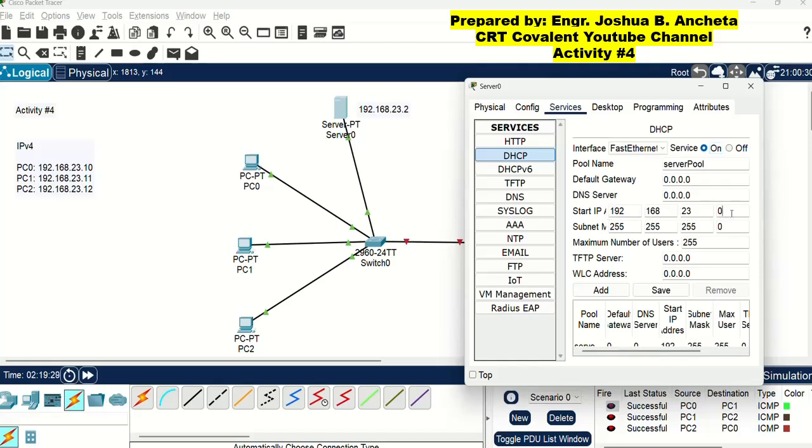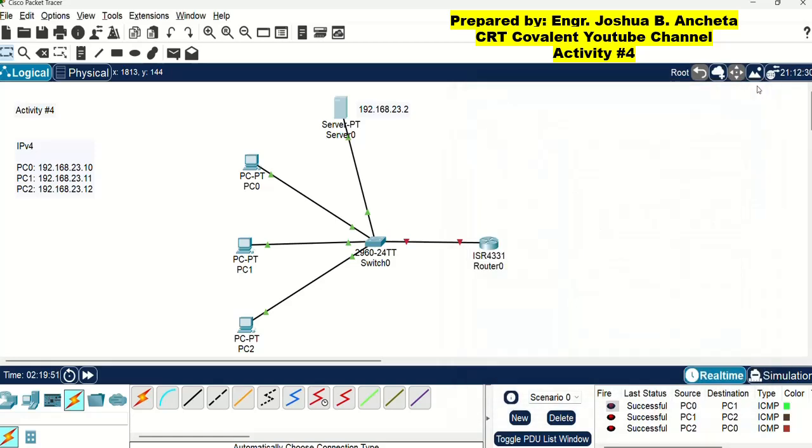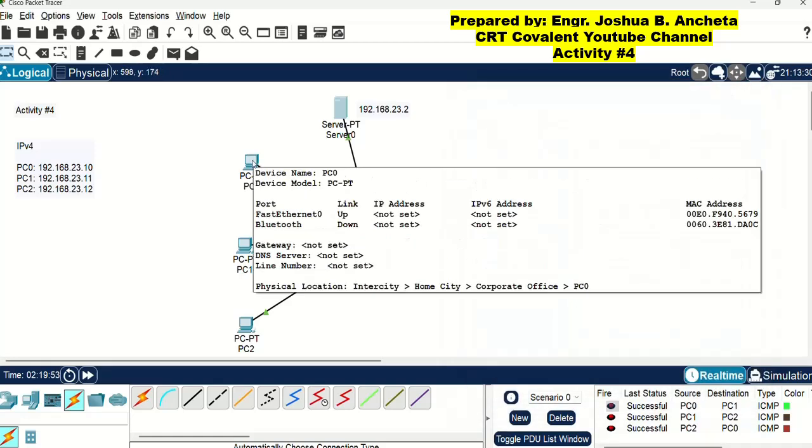So we will start with 10. Subnet mask already here. Maximum number of user, let us just put 10. And save. Click save. Okay? So that's it. Let us now close the server and go to each PC.